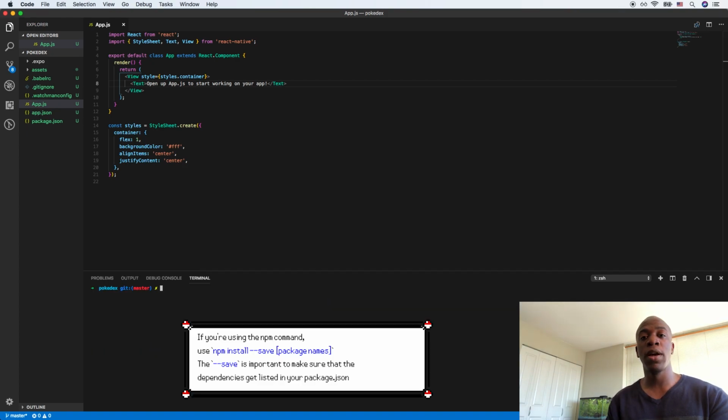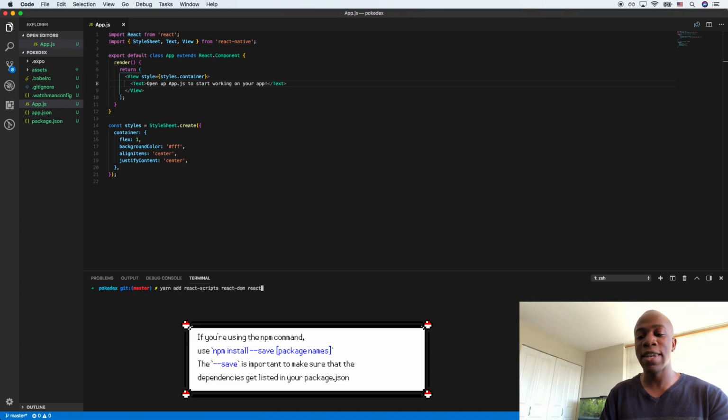With our terminals open, let's add some packages to this project in order to allow it to run on the web. Make sure you have NPM on your computer, and you could use Yarn as well, but if you don't have Yarn, you can just do npm install. I'm using Yarn add, and the first one I'm going to add is React scripts. You might recognize this if you've ever used create React app. It's the packages that those projects use in order to bundle up your React code and run it on your browser. I'm also going to add React DOM